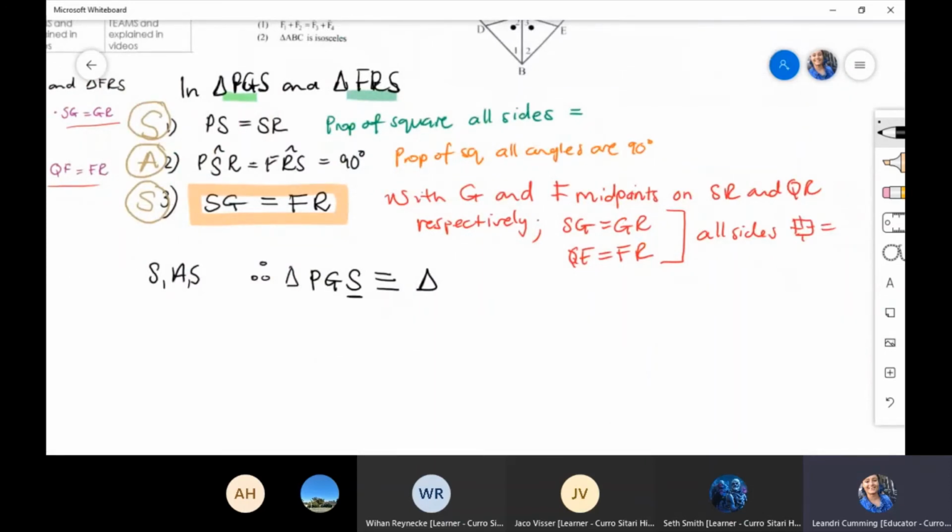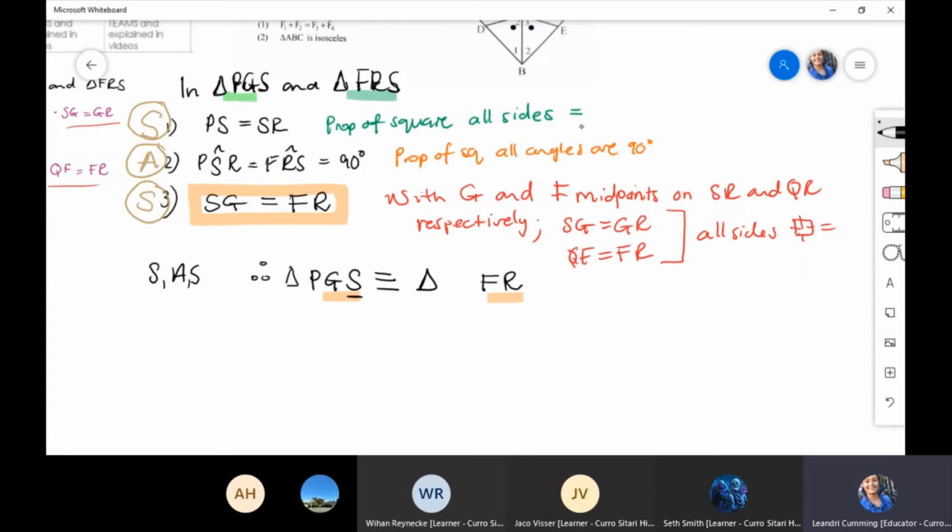So S must be equal to R, which means R is the last letter of this one. And then I can use one of my lengths to help me. Here GS or SG should be equal to FR or RF, depending, right? Which means, what do I need here with R? I need an F,